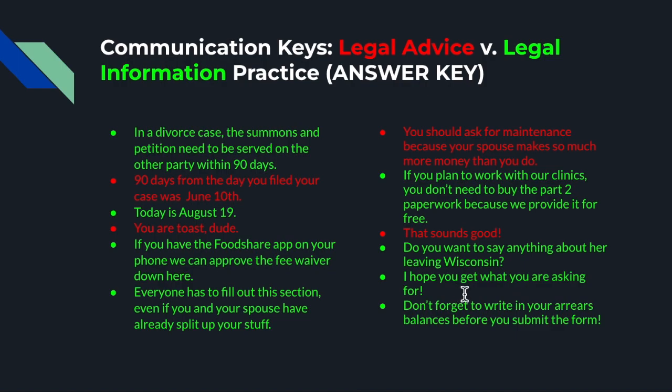Here, I hope you get what you're asking for. That is one of those things where, again, this one, like the last one, little controversial. Some people could argue that's advice. But from my perspective, if you say you are going to get what you're asking for, that's a problem. That's advice. If you say, I hope you get it, I would argue that is you expressing what you want to happen, but not you necessarily saying what is definitely going to happen. Do I think you should be dancing on a line? No. But if, again, it comes up in a context and you say, yeah, I hope so, I think that's different than saying, yeah, that's definitely going to